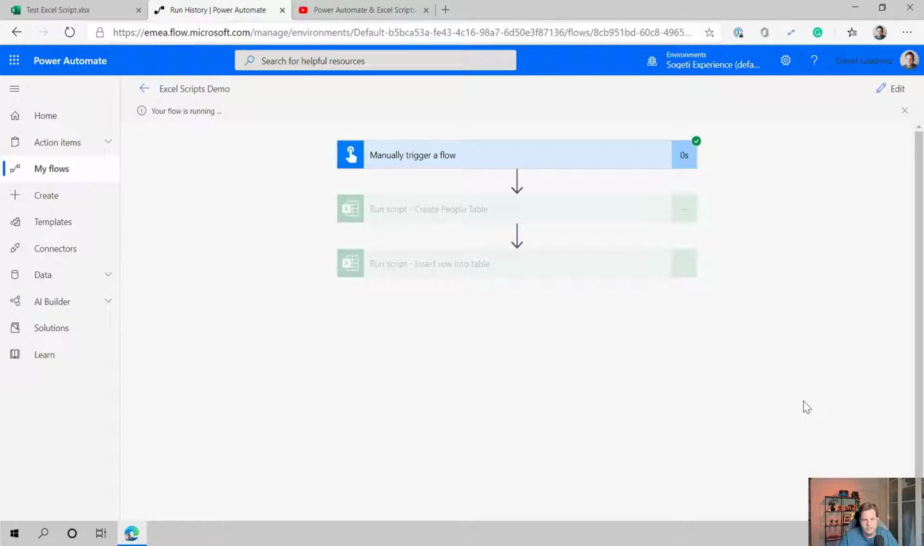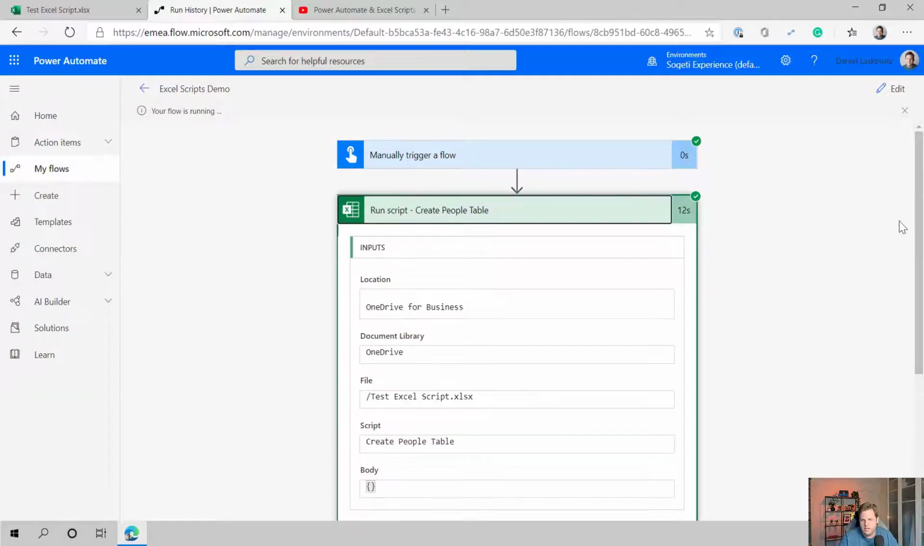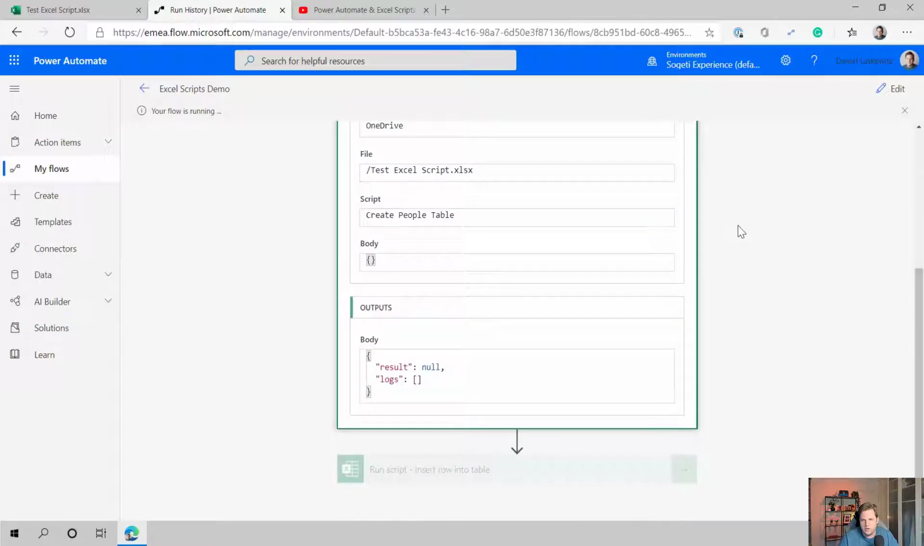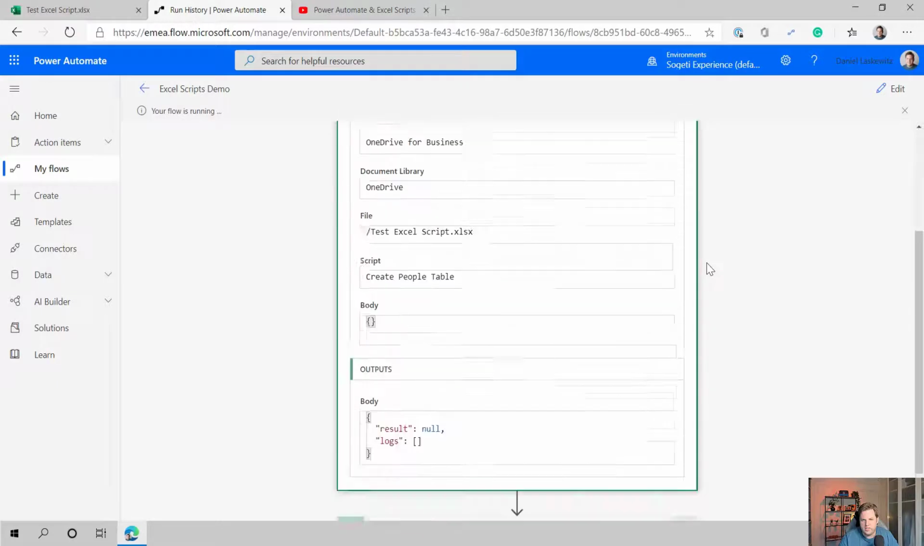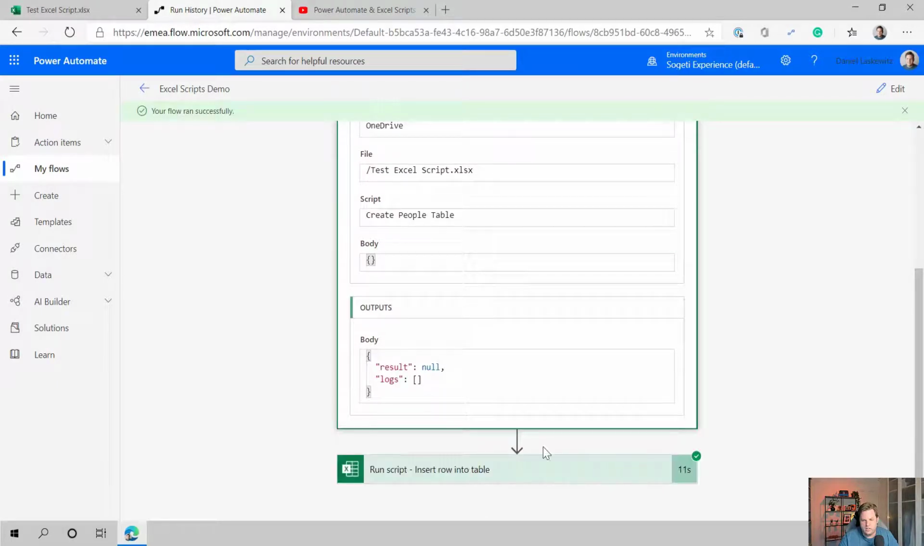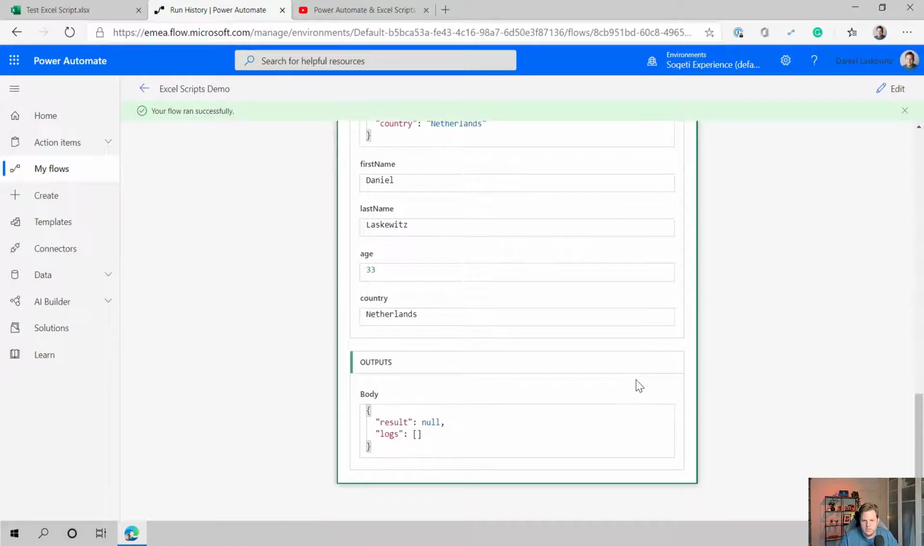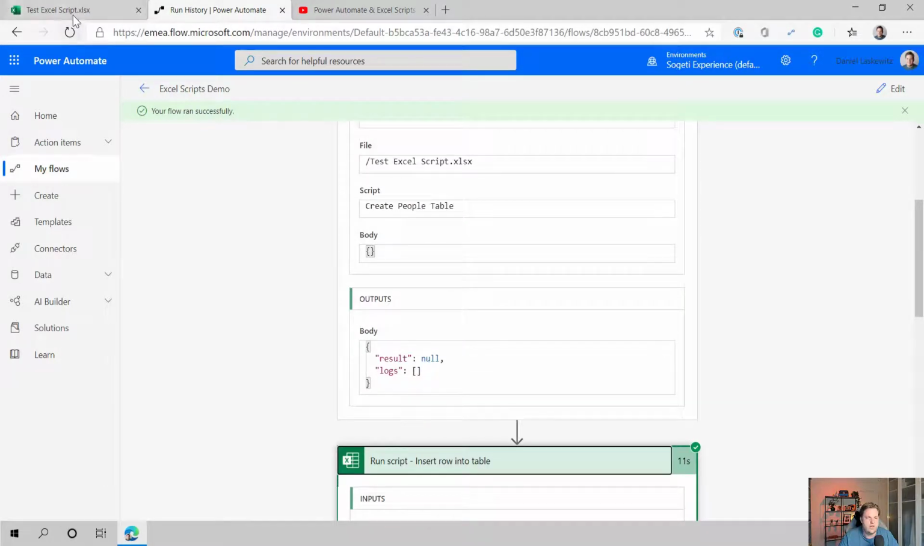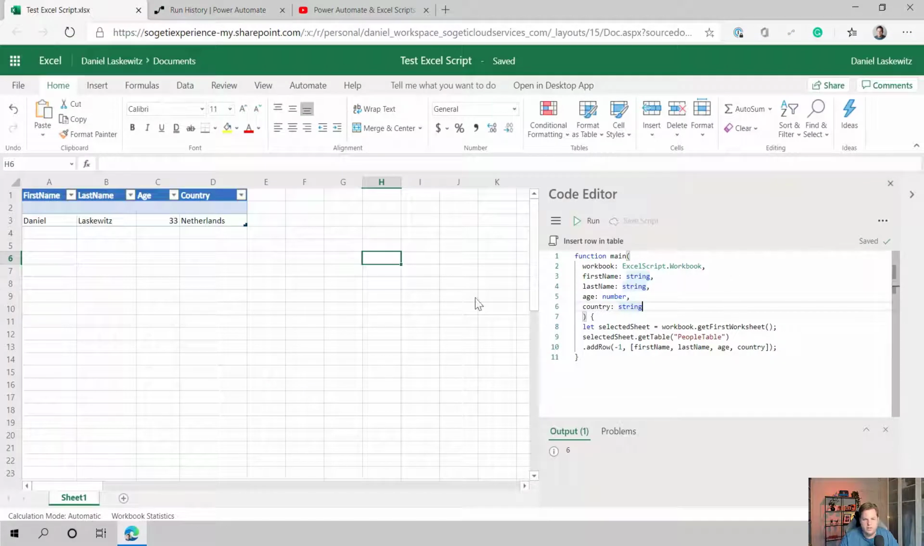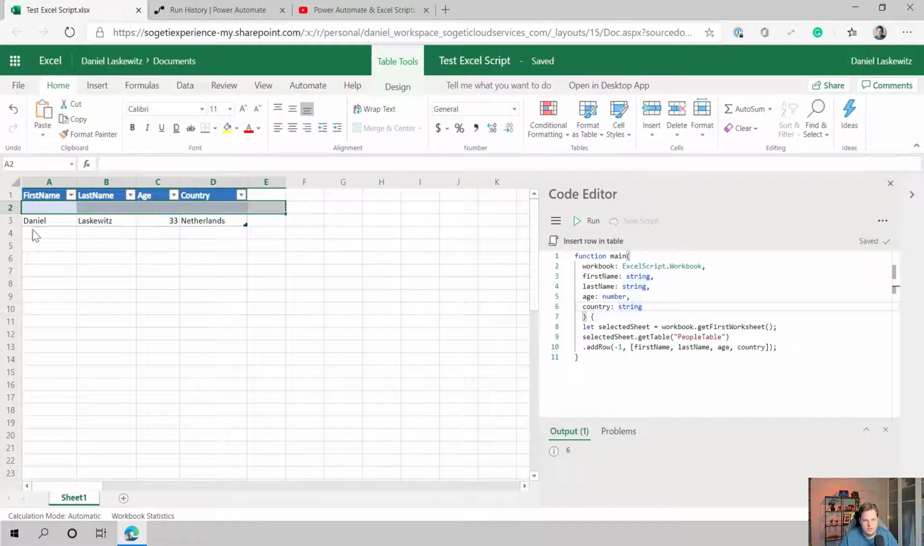And after that, it will run the second script. So let's hope this will actually succeed. In here, it did work pretty good. And then after that, it is inserting a row into a table, and that succeeded as well. So let's check the Excel file, and here we are, and we can see that the row actually got inserted